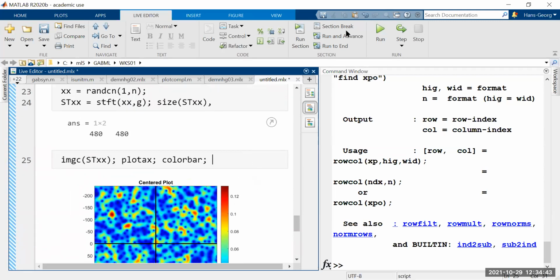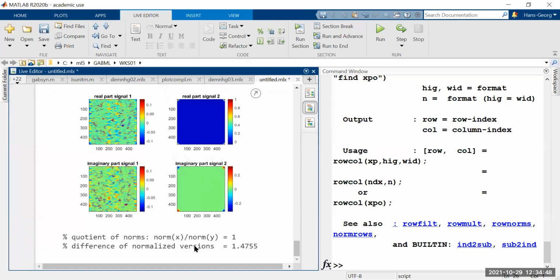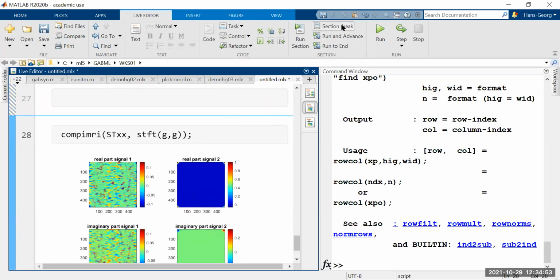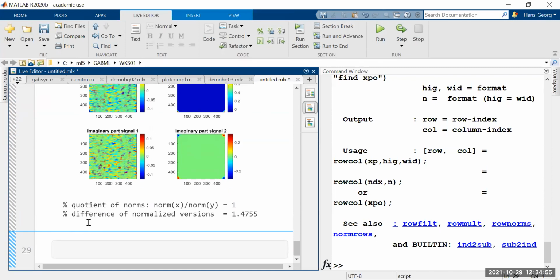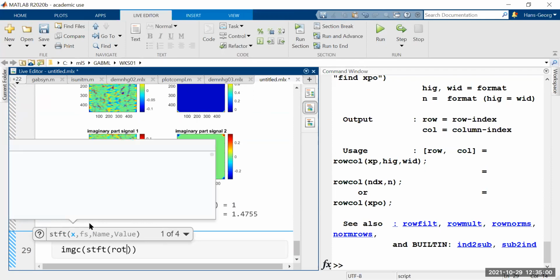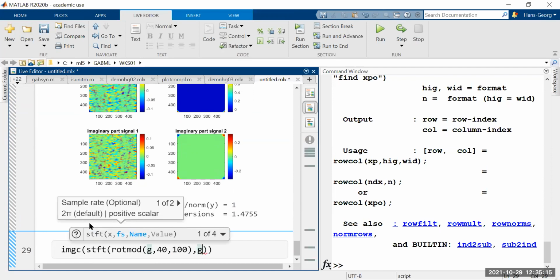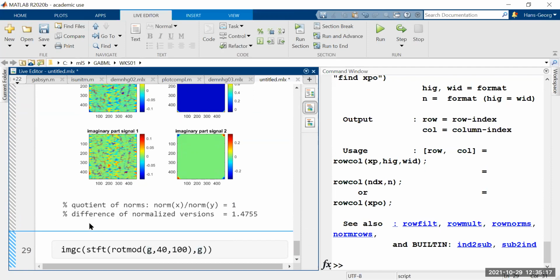So let me do another experiment. Show me the STFT of rod mod of G and 40 and 100. Now this is a highly oscillating, somewhat shifted Gauss function, and we would like to see